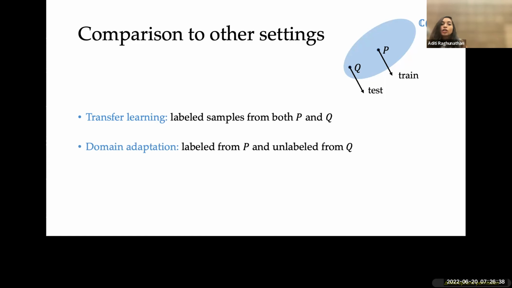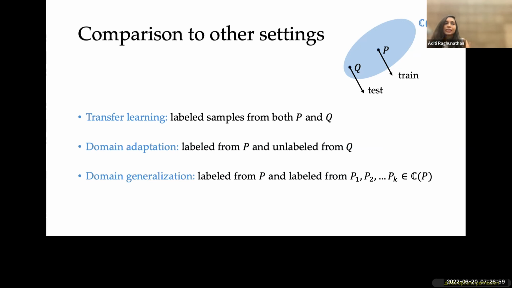In the domain adaptation setting, we get labeled samples from the training distribution, and there are some unlabeled samples from this other distribution that we call Q, which is the test distribution. So we still get some information about the test distribution, and there is one test distribution we care about, but we only get unlabeled data from that.